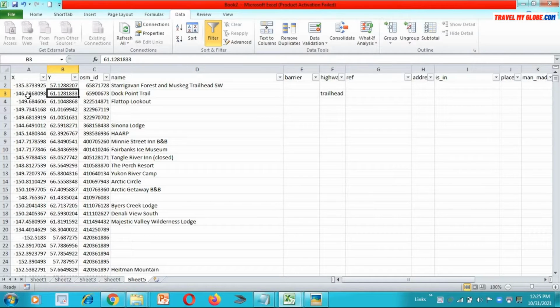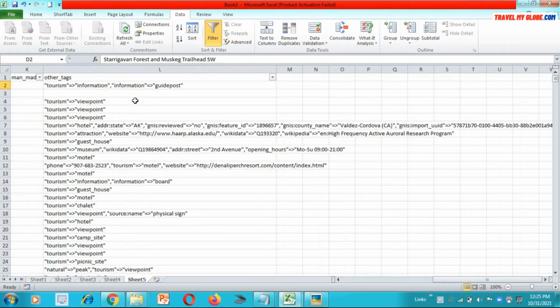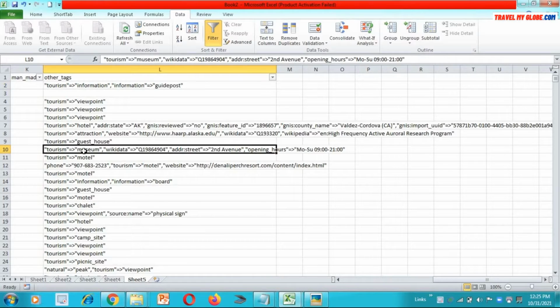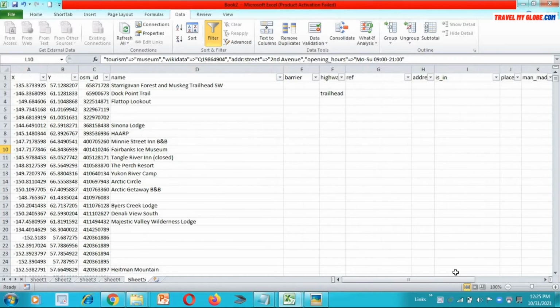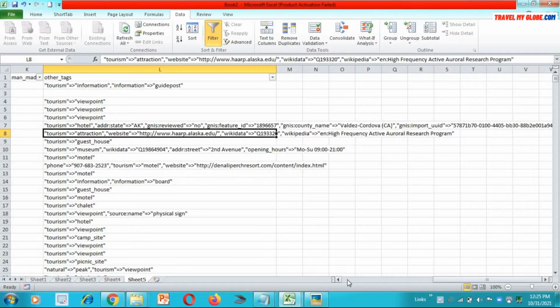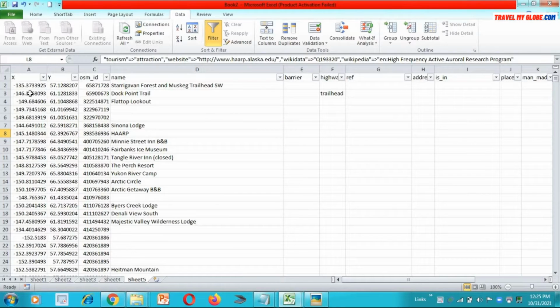For example, these are coordinates X and Y, this is my ID, and this is the name of the tourist post. And I have another tag column, where there is a lot of information in the form of text, a string, double quotes, everything. So we are going to work on this column, but let's see first how the filter works.